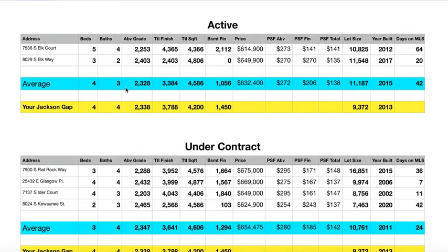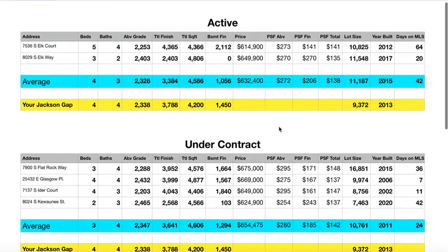These comps are very good comps. You can see how they compare to Jackson Gap. Here's the average of these. It's two. It's not a big group, but they're very close to Jackson Gap as far as how they compare in above grade square footage and total square footage and finished square footage. They're very good comps. The active numbers are